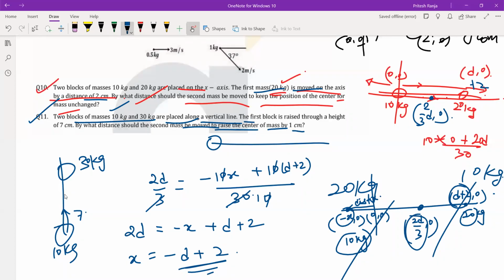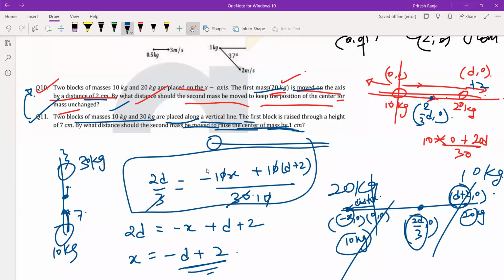So of course इसका center of mass कहाँ होगा? Let us suppose यहाँ कहीं होगा। अब इसको हमने ऊपर उठा दिया तो center of mass भी ऊपर जाएगा, right? But we need center of mass to be raised by 1 centimeter. तो इसको कितने distance से raise करेंगे? So exactly same question guys. Just the thing is कि इसमें हमने x axis में लिया, इस केस में हम y axis को consider करेंगे।